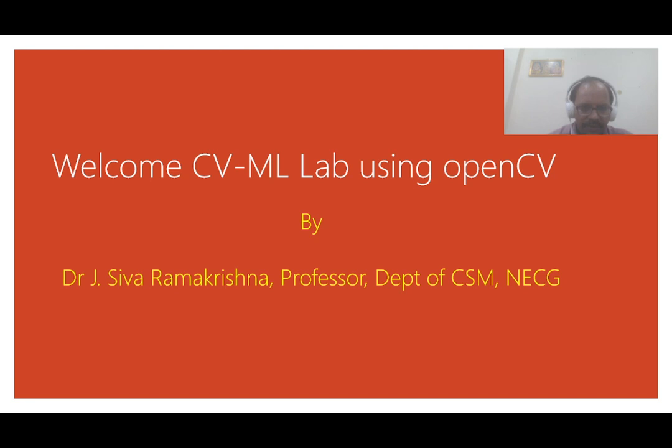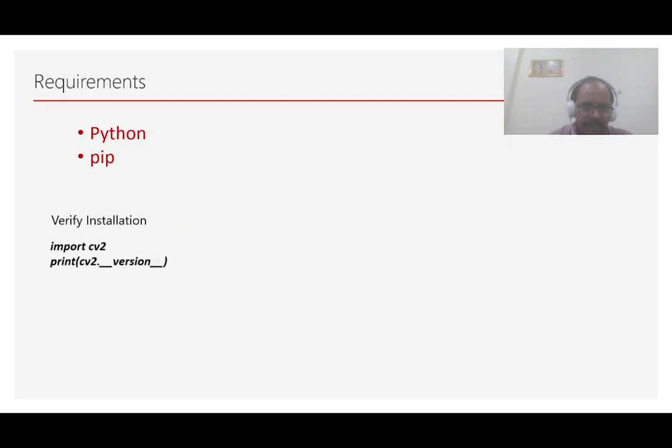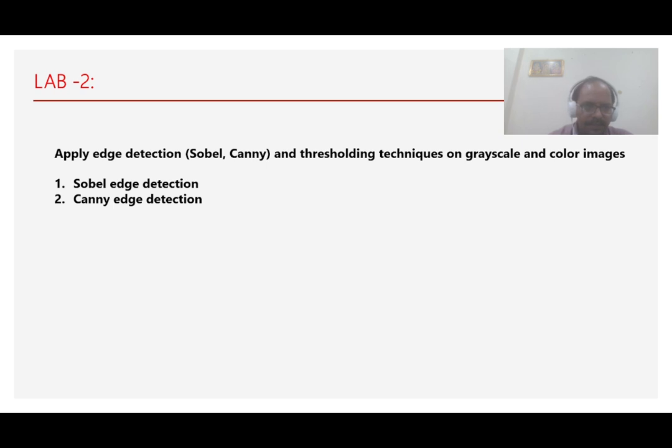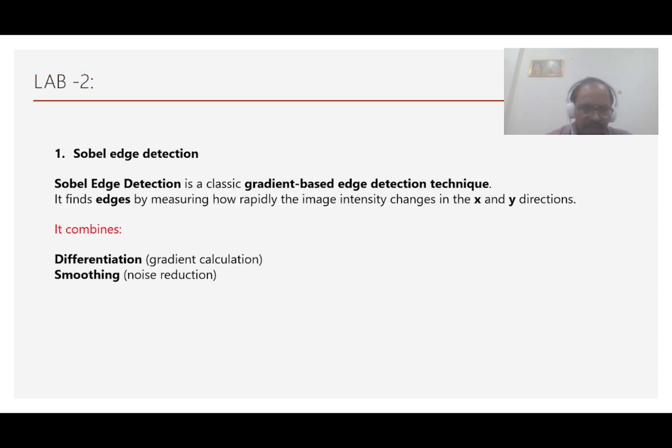Today we will discuss the second lab experiment, that is, apply edge detection. The techniques include Sobel, Canny, also thresholding techniques on grayscale and color images. The objective is that you are going to perform edge detection using Sobel as well as the Canny techniques. Before we deep dive into the lab experiment, we will quickly look at the Sobel edge